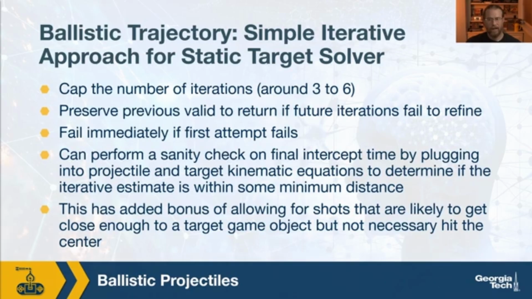But in reality, the target could be moving at a fast clip towards the point that we're launching our projectile. If it's coming fast enough, it's possible our projectile could be fired immediately, like at a high arc, for instance, and then the target will come into range of the projectile that's now falling towards it and then get a hit. If we failed immediately, we're not going to catch that. So we might be able to adjust the algorithm to deal with this. I haven't attempted it myself, but